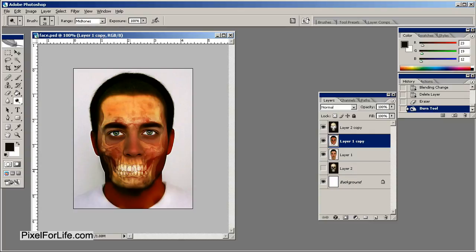Let's really lighten those teeth up. And that's looking pretty awesome right there. I want to go ahead and just set the opacity of this layer down a little bit. About 70% looks good. And I'm liking it with